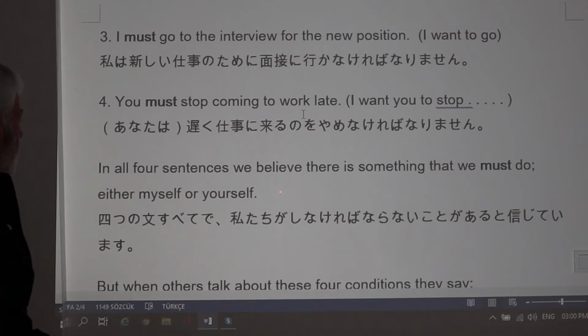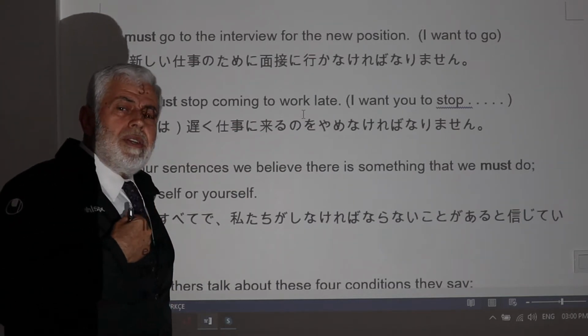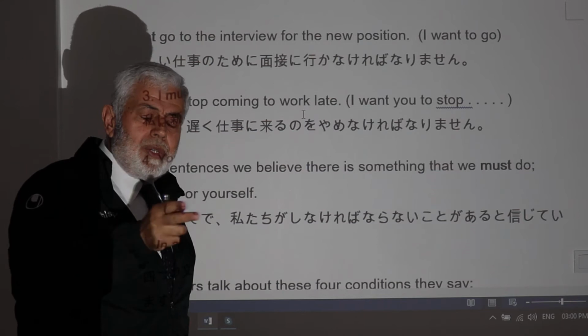Either myself or yourself. 4つの文すべてで、私たちがしなければならないことがあると信じています。私自身かあなた自身かどちらかです。